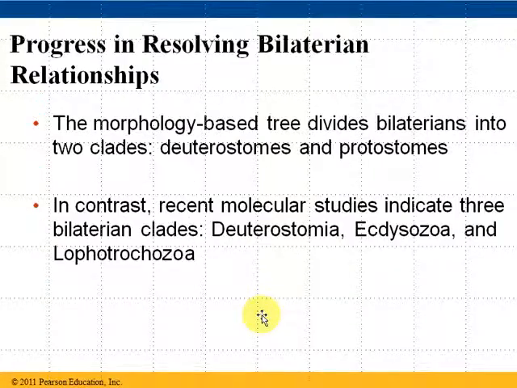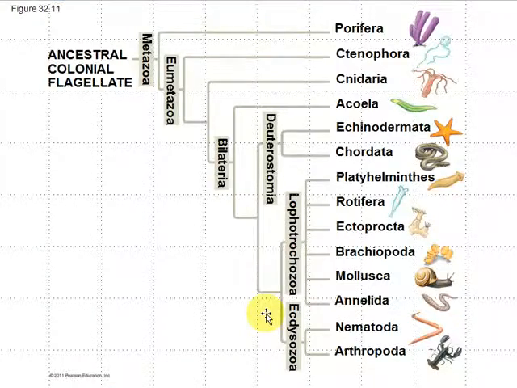So remember we talked about the deuterostomes, and that would include everybody from the starfish down the line here. That would be the creatures that have the particular type of development that we talked about, where the anus forms first, the blastopore becomes the anus. So only in these more simple creatures do they have the protostome development.